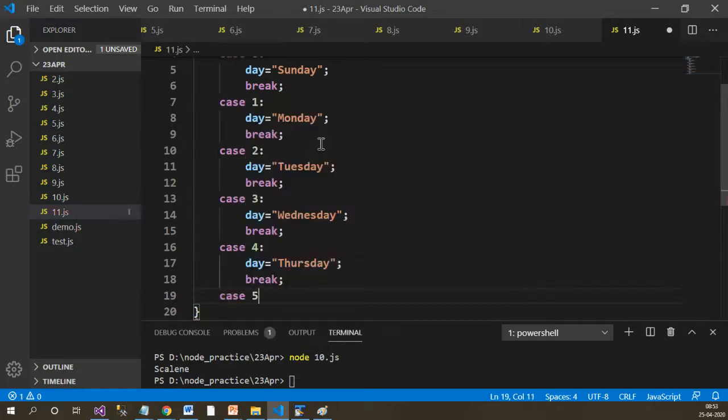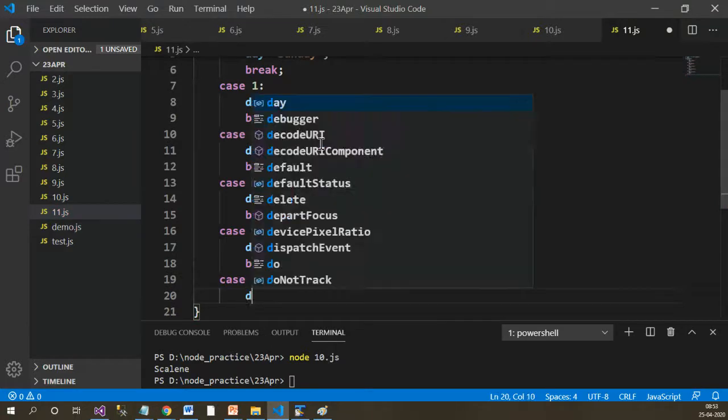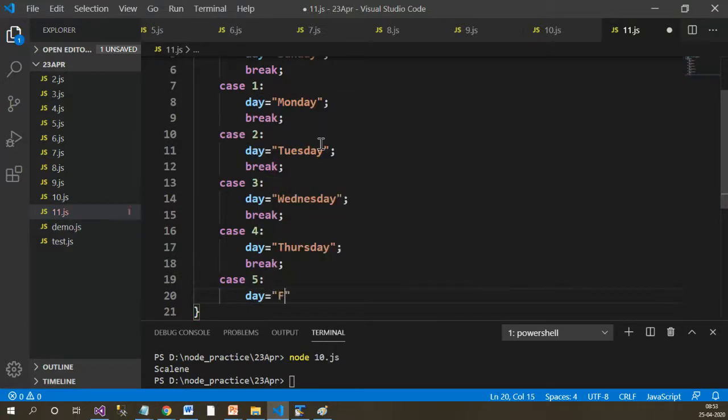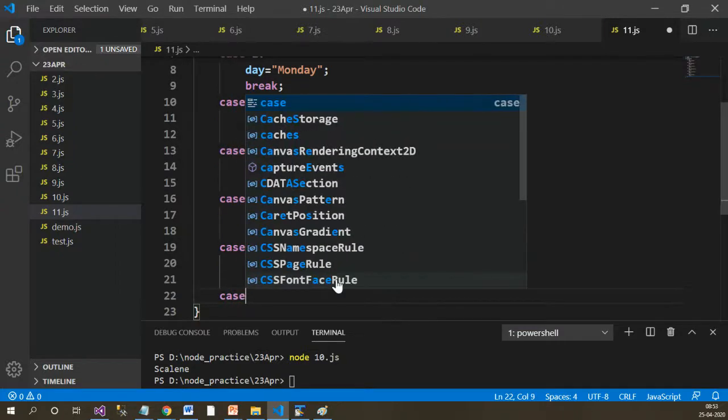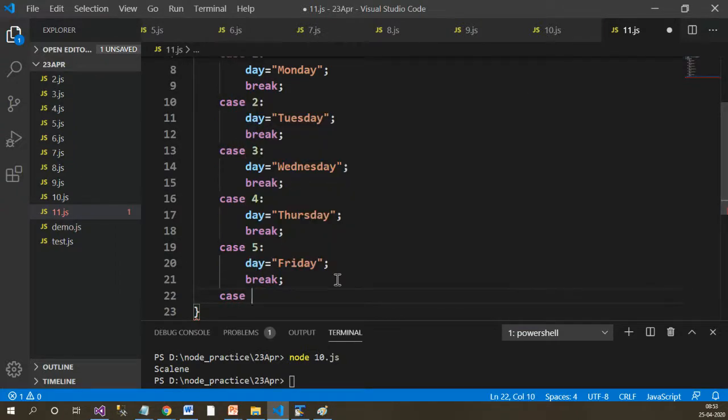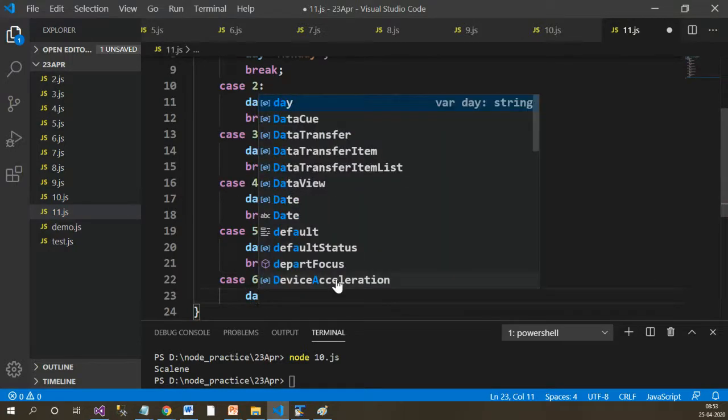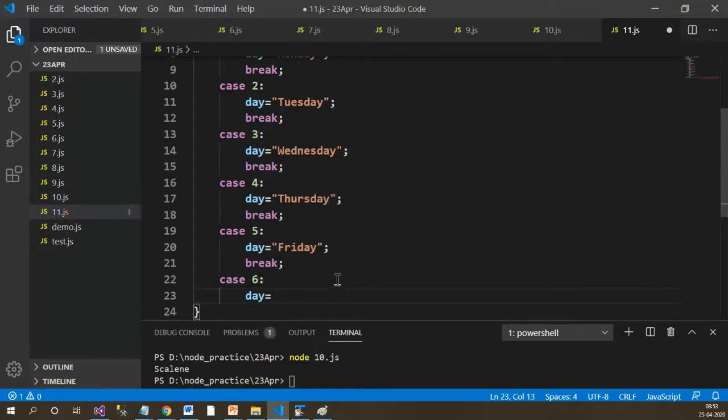Case 5, Friday, and let's break it. And the last one, case 6, day equals Saturday.